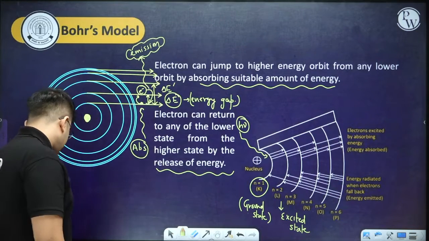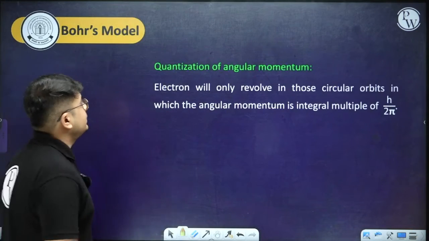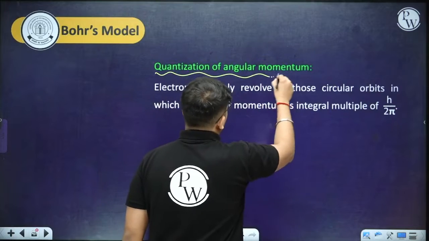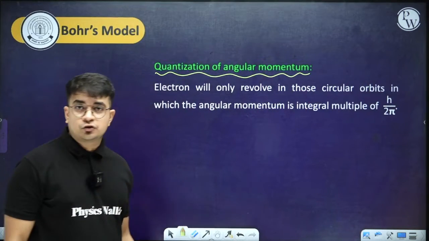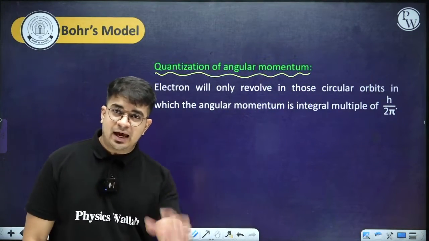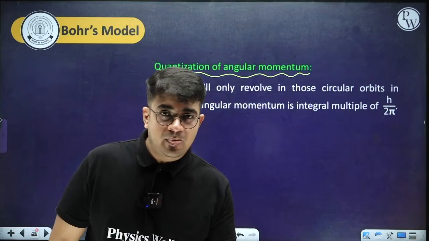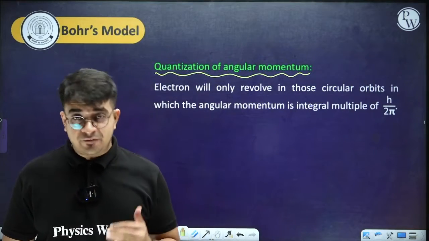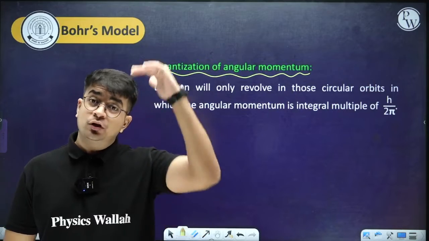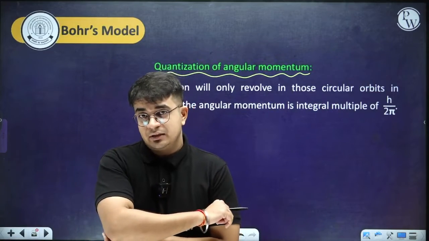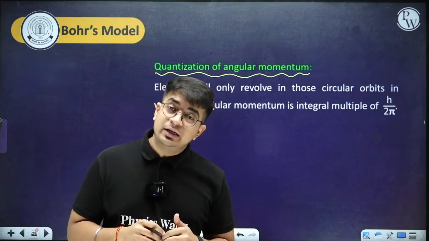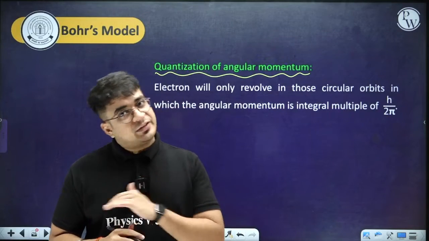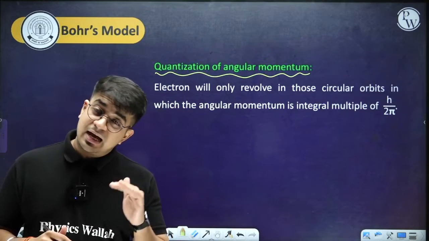Okay. Now in that case, the next part was, because he was using Planck's quantum theory, it means the energy of the orbit is not random. These orbits are highly fixed in nature. That's why I told you this gap is going to decrease after some time. The gap between the orbits is going to decrease after some time, because everything is not random,